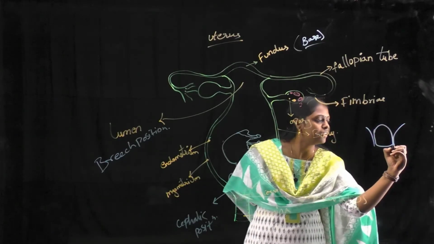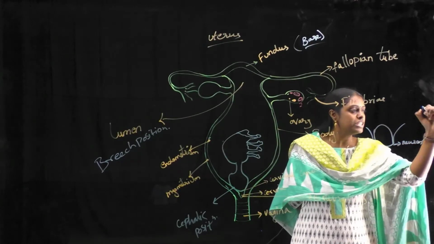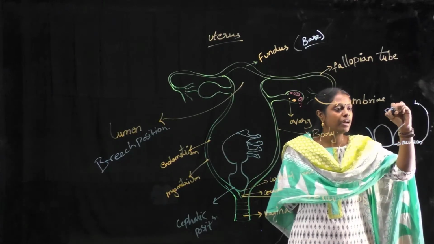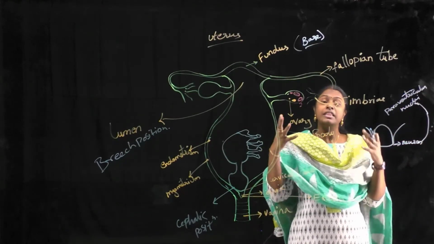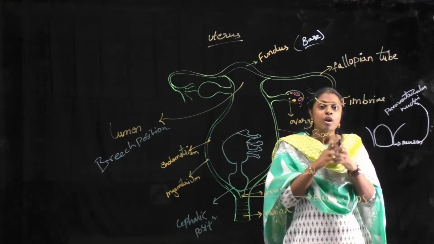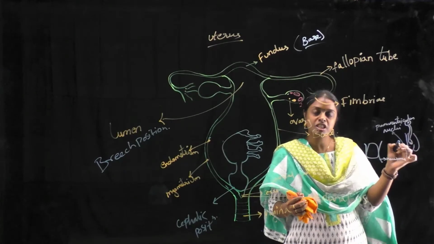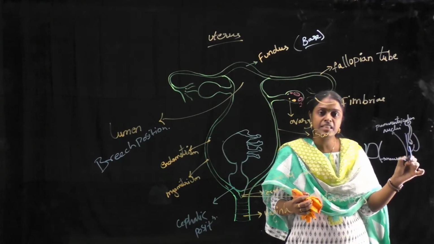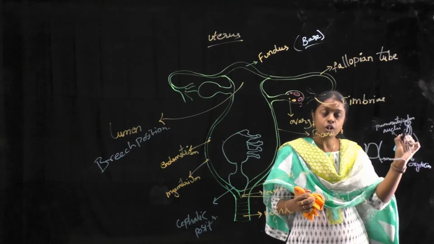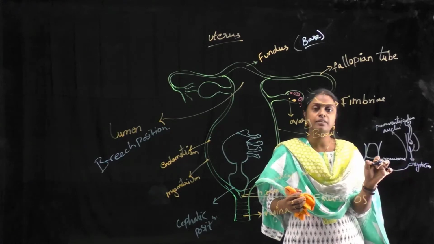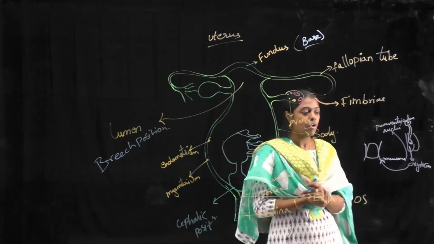So near this cervix, you will have neurons which will stimulate the paraventricular nuclei. When it is stimulated, this paraventricular nuclei will start to synthesize oxytocin. So in return, the posterior pituitary gland will release oxytocin. And this oxytocin will go near this cervix, will enter here and it will cause contraction of the uterus.